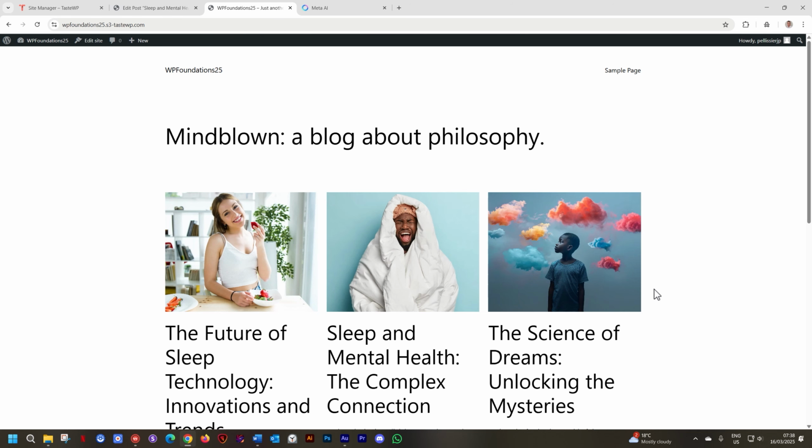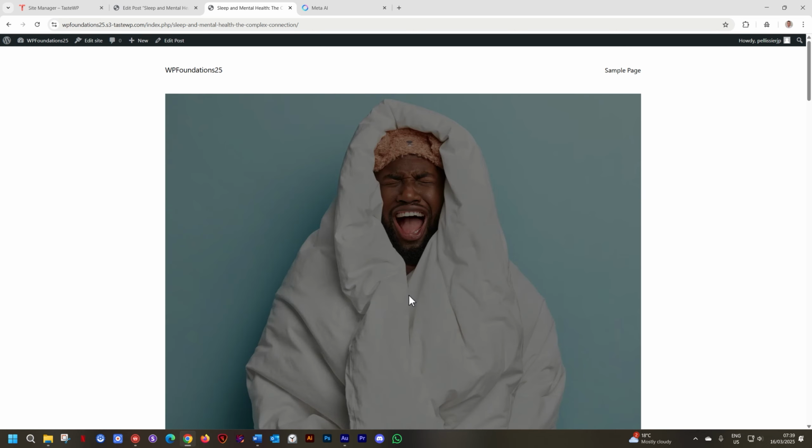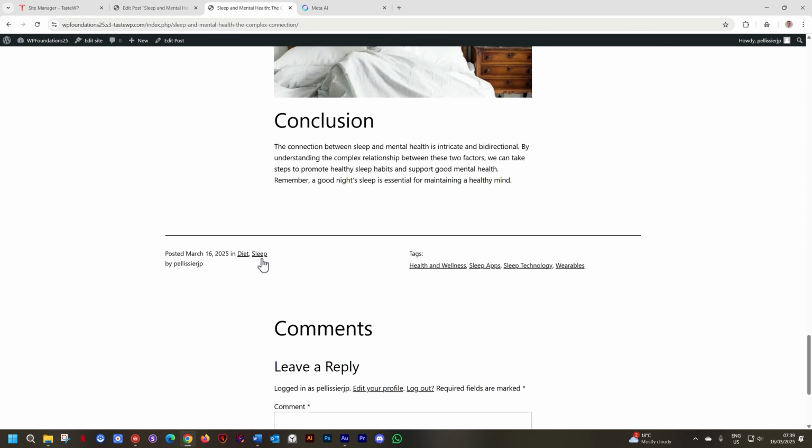These are archive pages. Remember them. Whenever you are blogging and you're creating posts within WordPress, archive pages become very important. People mess this up often because they just create posts and they forget to go and look at how the archive page looks. So they create this beautiful website, and then someone reads an article, and at the bottom or somewhere else on the page, they see the category for diet, or a tag for wearables, and they think, okay, I want to see which other articles you have for wearables.